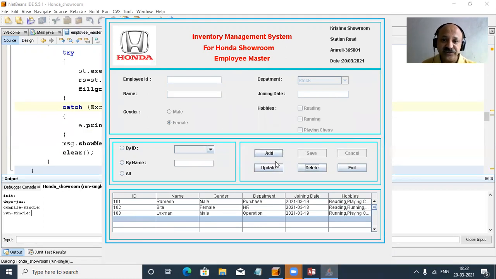So grid selection, and then we can apply update and delete. All 6 button coding is complete in this session. Here the mouse click event selects the record into the appropriate controls in JTable, coming from the database, and then we can apply the update and delete.